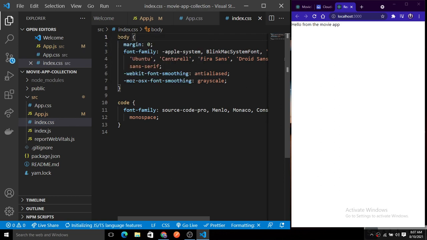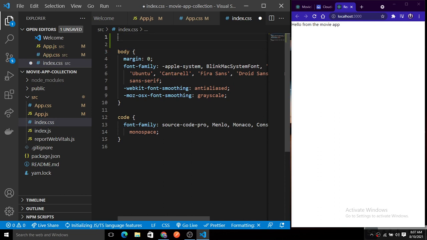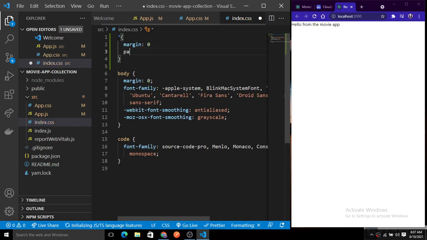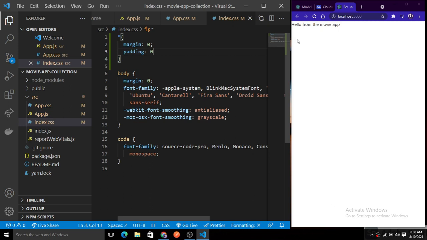One is a margin of 0 for all the pages that we are going to build here, and padding also 0. Margin and padding will ensure there is no default styling. Now it is not having any style here, right?